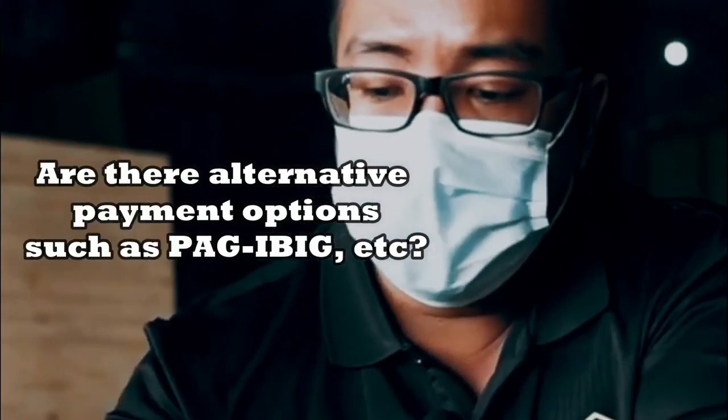In terms of funding, no? So pag-ibig funding, we can arrange for that for you po, with the help of our team, of course. Pwede natin siya i-apply for funding, no? Additionally, right now we're finalizing partnerships with financial institutions to be able to provide you more payment options. So, Pag-ibig is just one of the many payment plans that we can arrange for you